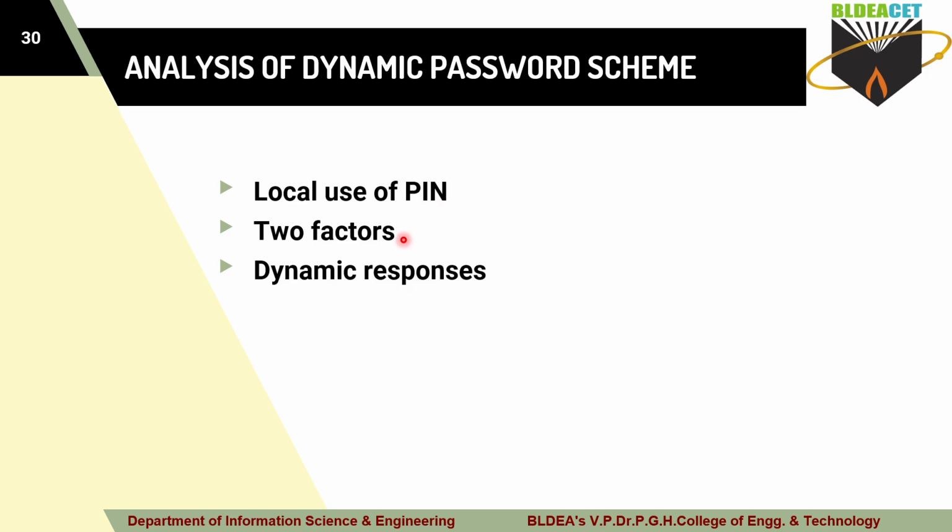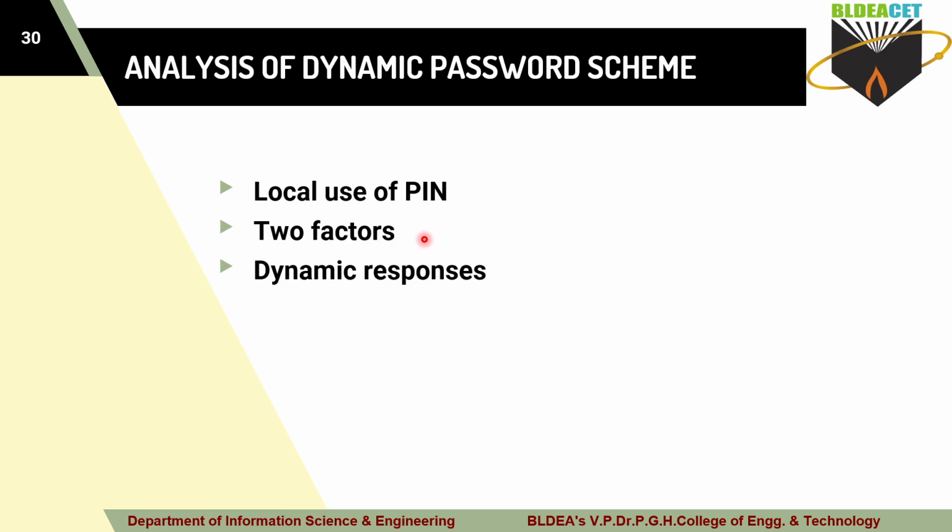Next you are using two factors. Along with the pin you are using the password function. That is the second level. Even if, for example, a third party knows the pin, with the help of that pin the third party is not able to generate the response. Why? For generating the response you require the token. So you have to activate the token, and for that you require the password function. That password function is known by whom? It is known by the user only. So if a third party knows only the pin, they can't do anything with it, because of that key information. That's why you are using the term two factors here.